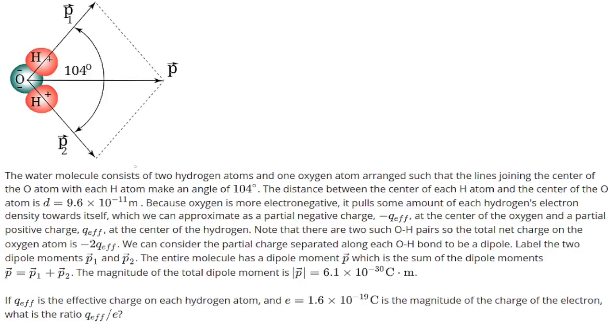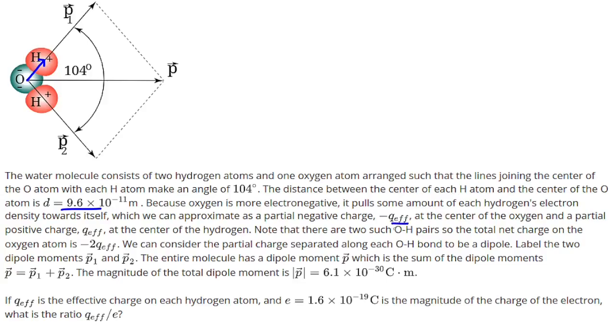The water molecule consists of two hydrogen atoms, arranged such that the lines joining the center of the oxygen atom with each hydrogen atom make an angle of 104 degrees, being the bond angle. The distance between the center of each hydrogen atom and the center of the oxygen atom is given, and because oxygen is more electronegative, it pulls some amount of each hydrogen's electron density towards itself, which we can approximate as